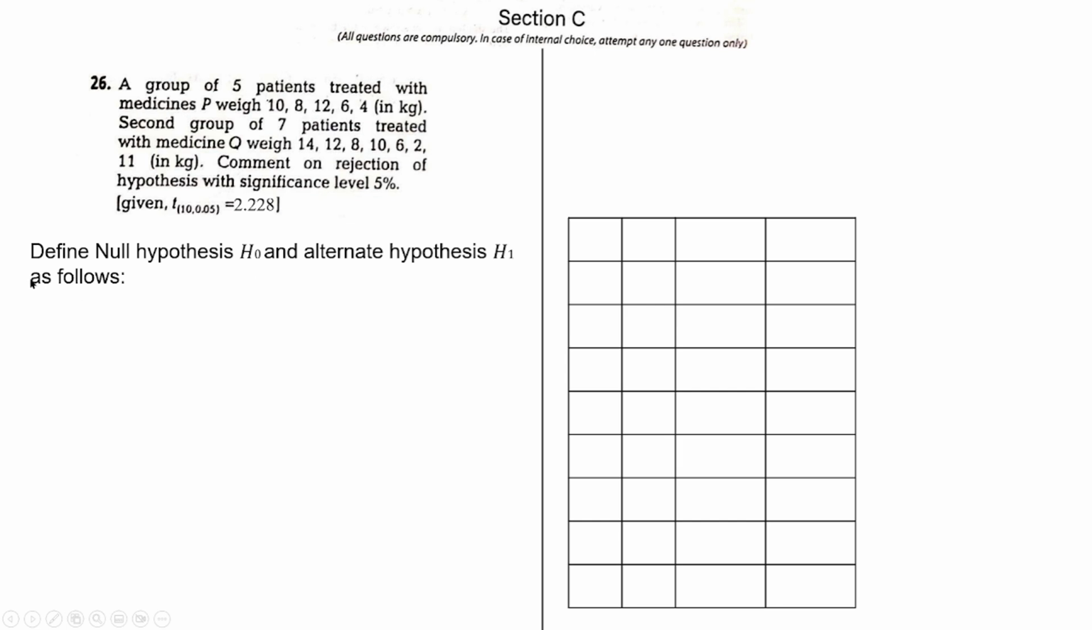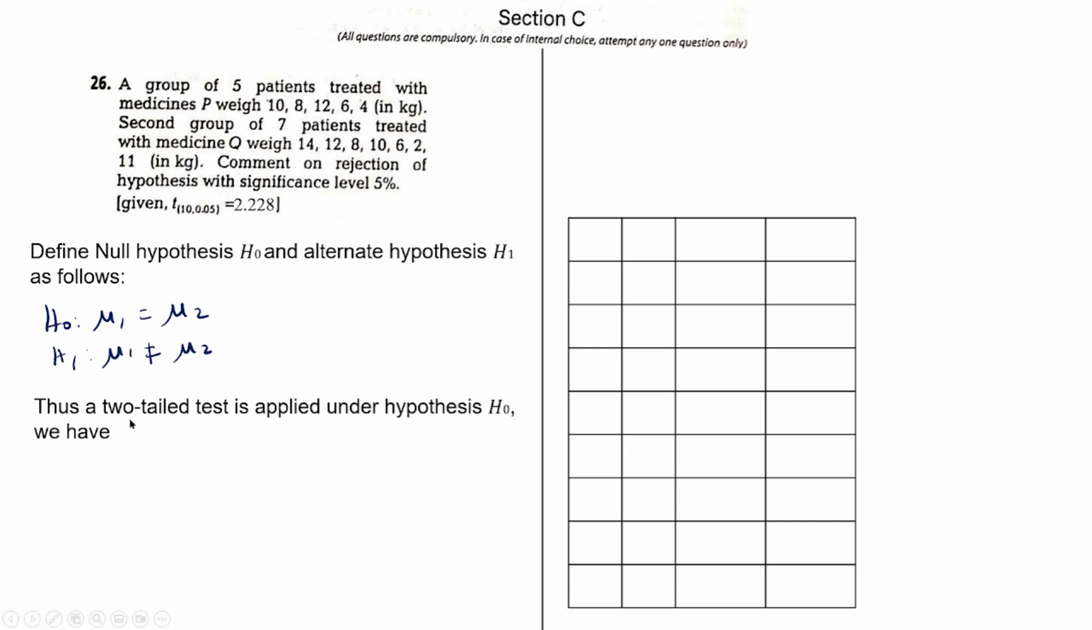So let us define null hypothesis H0 and alternate hypothesis H1 as follows. Null hypothesis H0 is there is no significant difference between the means, that is the average weight of these two groups, that is H0: mu1 equal to mu2. And the alternate hypothesis H1 is mu1 not equal to mu2. Thus a two-tailed test is applied. Under H0, we have